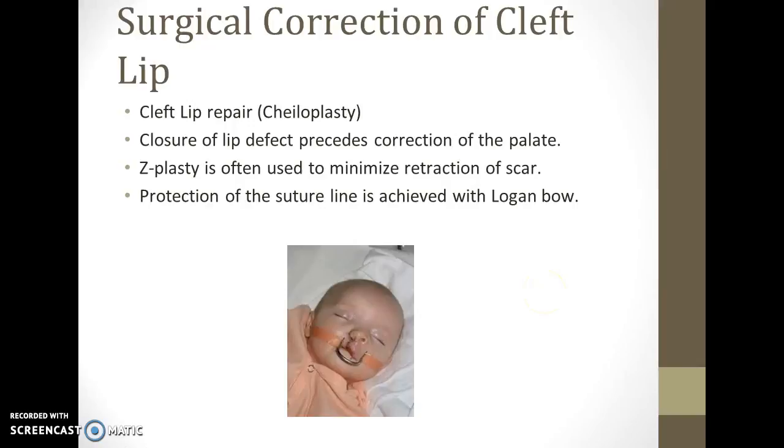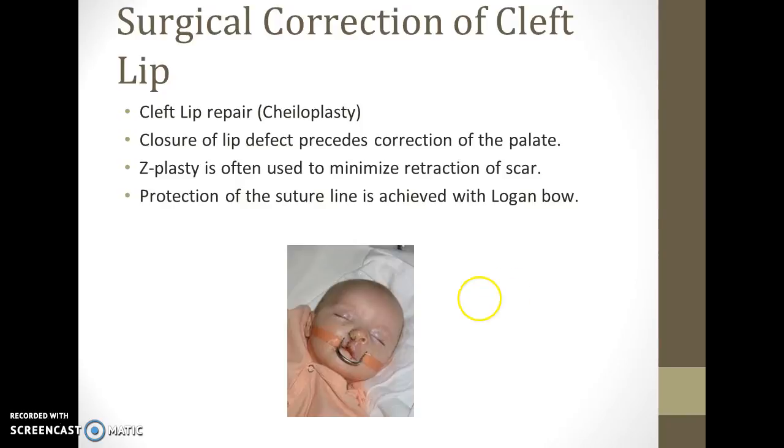So it is treated by surgical correction, and what's performed first is cleft lip repair. That is also known as a cheiloplasty. They close the lip defect, and it always precedes the correction of the palate. What they use is a Z-plasty, and that is used to minimize retraction of the scar. And it's just like it says, it looks like a Z when they are performing reconstructive surgery on the lip